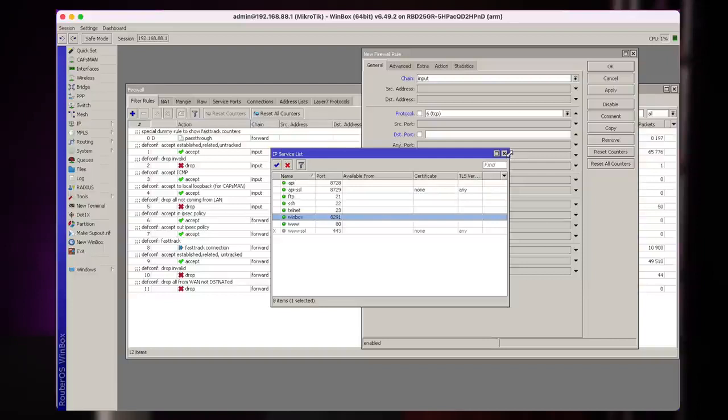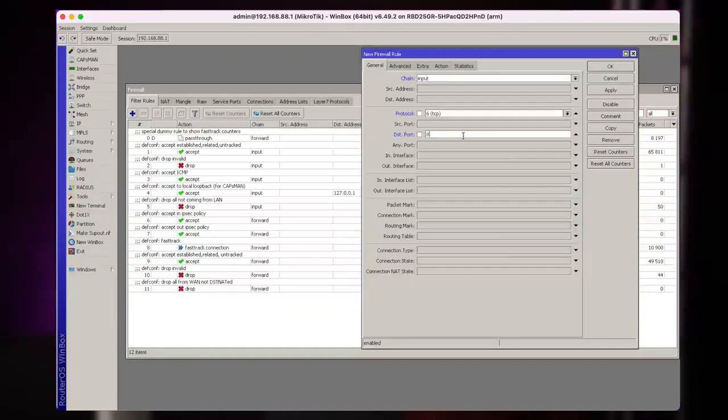8291 is the Winbox port. There are all kinds of other settings that we can specify here. For example, you can say that this will only apply to traffic coming from the internet, but well, it doesn't matter since we will be specifying a source IP address.